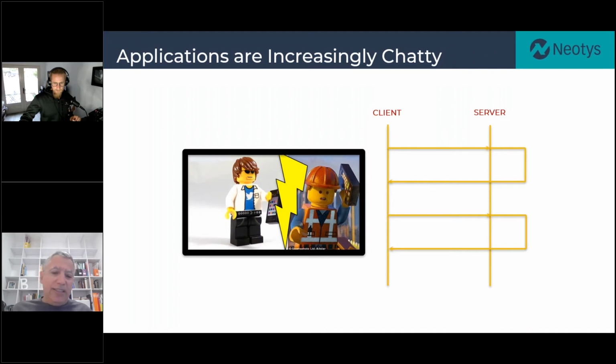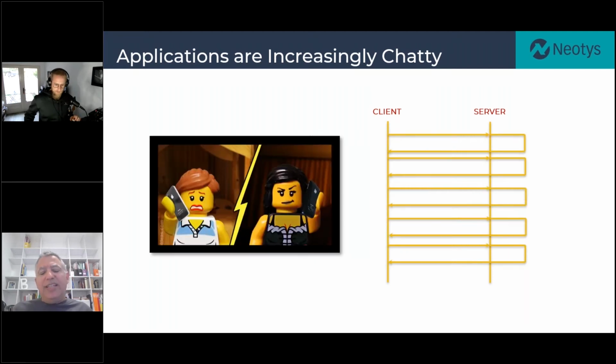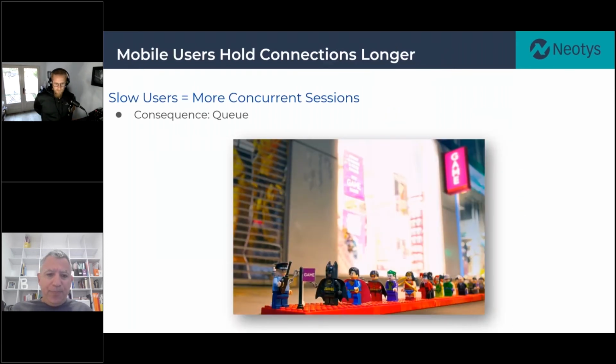So this is an example of a smaller amount of client-server round trips. In the next slide, you can see that if you have multiple round trips, then the user experience starts to be very painful. And adding to that,